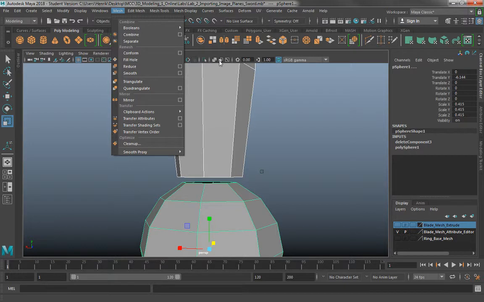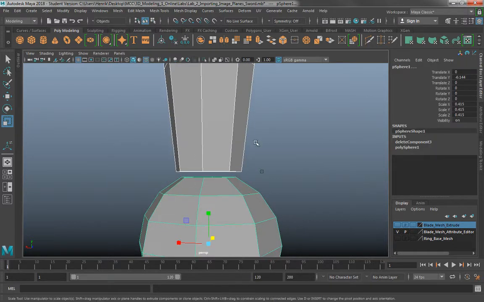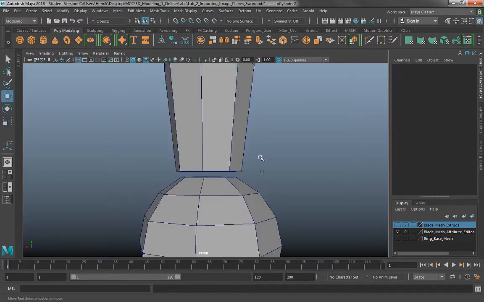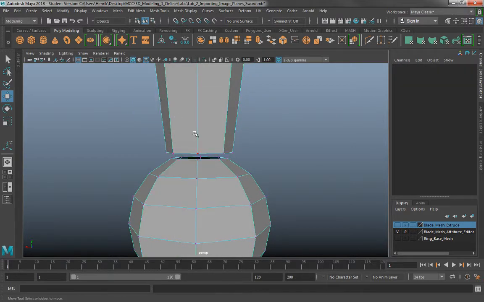And you'll find that there is a million different ways to do things in the software that will give you the same end result. So for speed purposes, I just like to use here under the modeling tab, under the poly modeling sub tab, over here combine. Okay, now the easiest and fastest way when you're just learning to do this is going to be